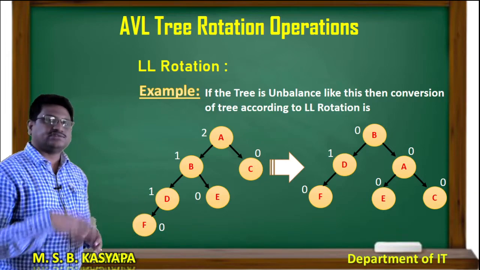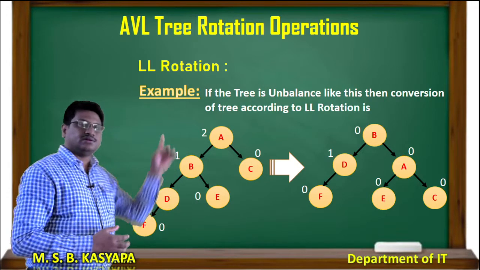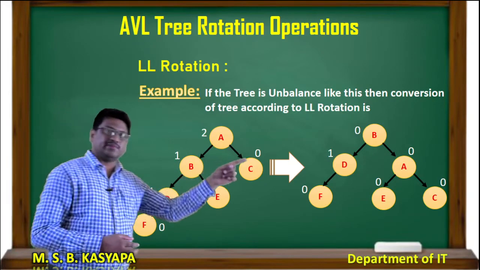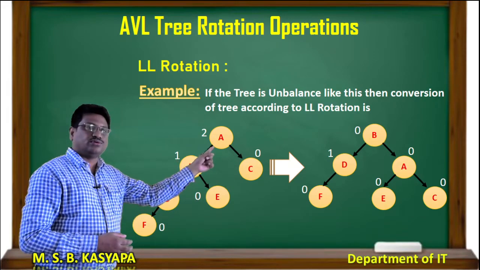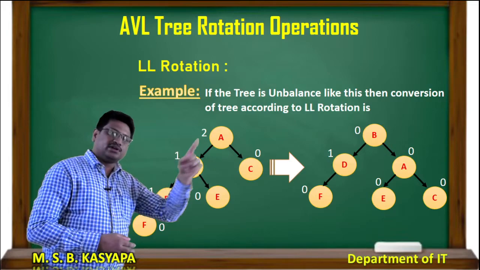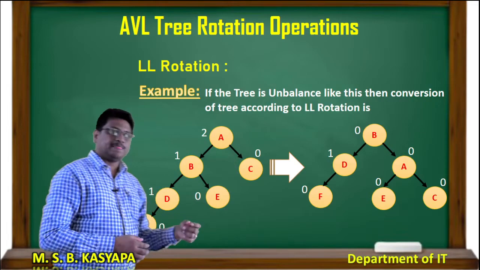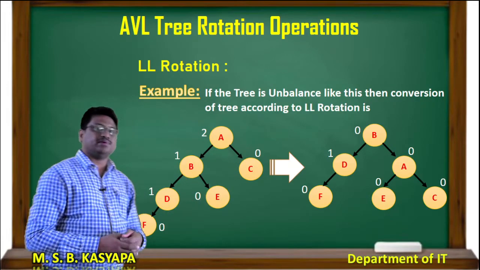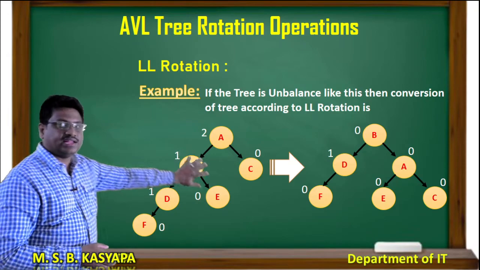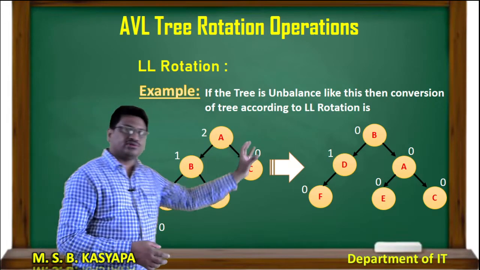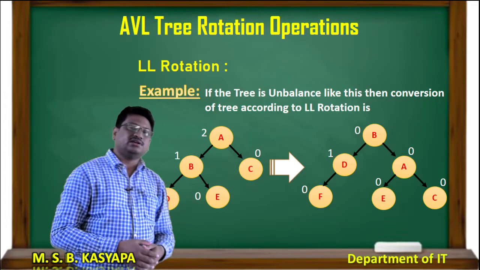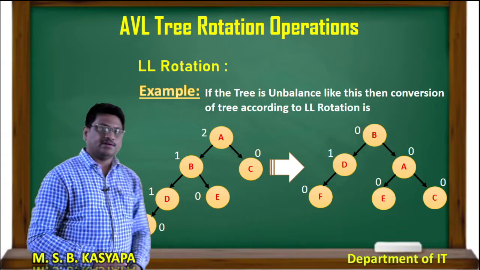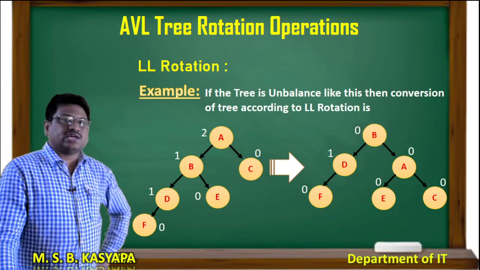So if all the operations have been done, that is the final outcome. First child, root node. This root node has a left subtree. So this left subtree remains a left subtree, and A, the old root node, becomes a right subtree. So B has a right child, that is A, and if A has any right subtrees, they remain a right subtree. So A has C as a right subtree, and if this root node has any right subtrees in the old one, they should be moved to the right side as a left side. So if you see here, A has one left child, that is E. E was previously the right child of B. Okay.